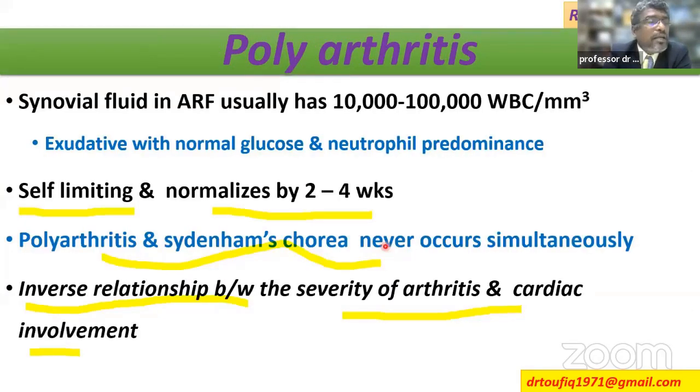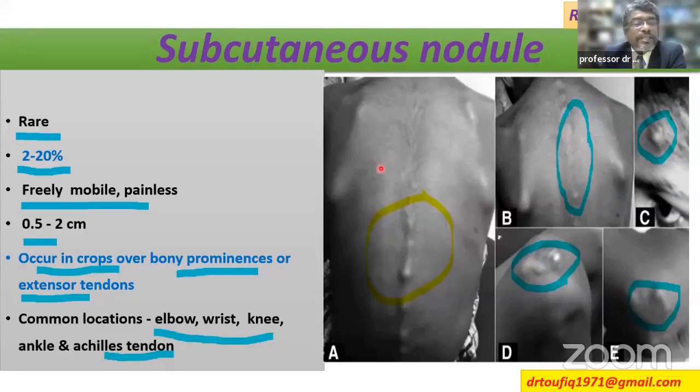And here we see that this subcutaneous nodule is actually very rare. Only 2 to 20% of rheumatic fever patients may have this type of subcutaneous nodule, and it is freely mobile, usually painless. The size usually varies from 0.5 to 2 centimeters in diameter, and it occurs